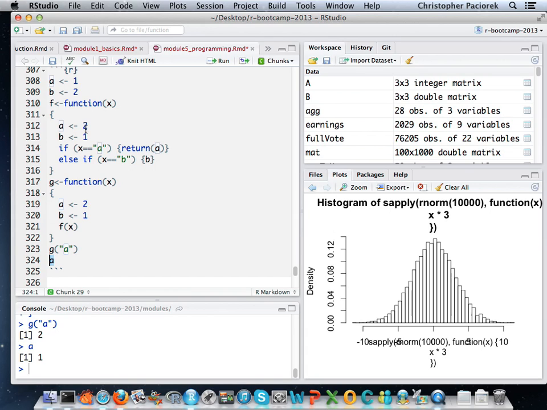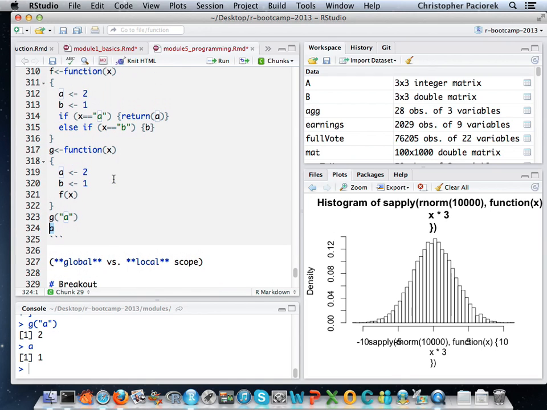Yeah, there are a couple of principles here. One of which is that in general, it's a good idea not to have a lot of global variables that you're referencing within your function. You should try and have those just be variables that are either defined in the function or passed into the function, as opposed to being variables that are outside the function in the global workspace. One important reason for that is so your functions can be modular, so that you can use them in one file or in another file, and the same thing will happen every time. It doesn't depend on which file you're running it from.